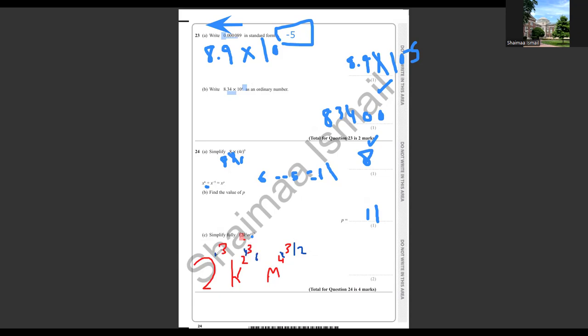So 2 to the power of 3 is equal to 8. So we say 8k to the power of 6 multiplied by m to the power of 12. Make sure you solve every detail in your page before you leave it. Let's see the next. Question number